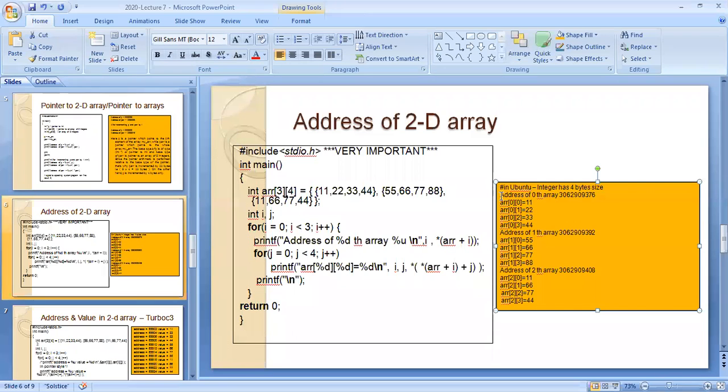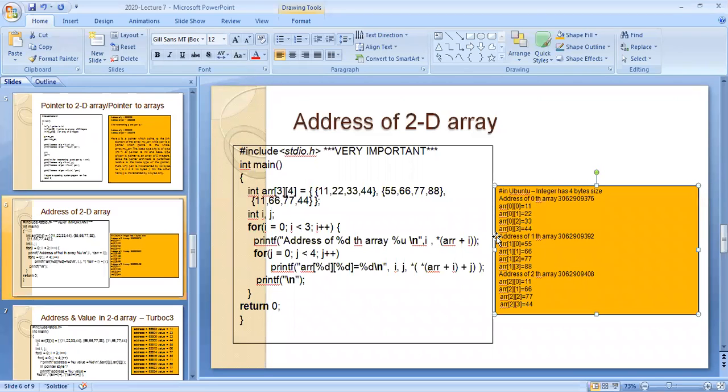So now you see, as I've already told you, address of 0. So 0 means it is the first row. So for the 0th array, you are getting something. Similarly, you are getting the values of 00, 01, 02, 03. This is for the J loop, and this one you got using the I loop. Similarly, after 0th, you are coming with 1. Coming with 1, it will be the address. You can't expect any particular address here. Understood? So now after you get all the values.